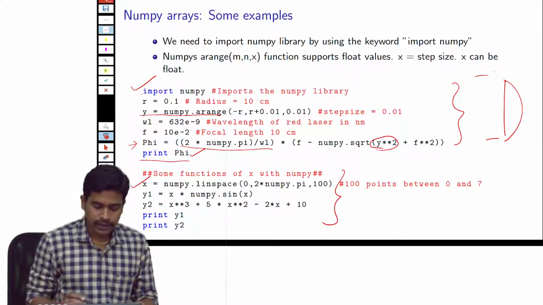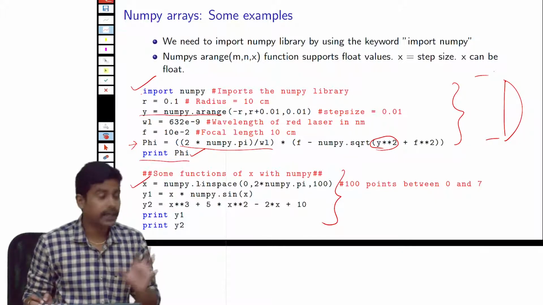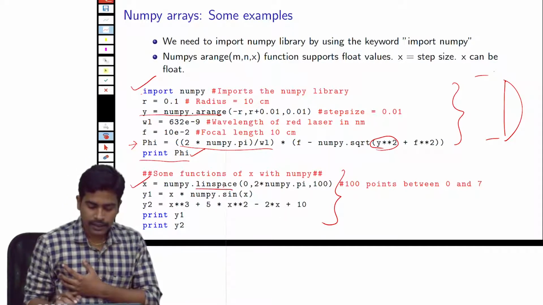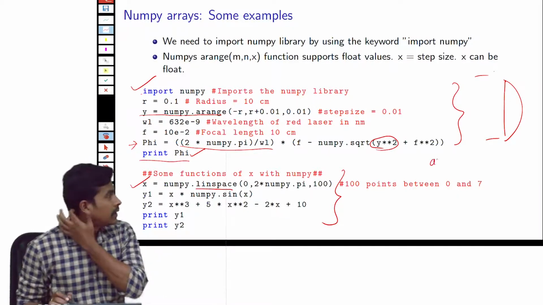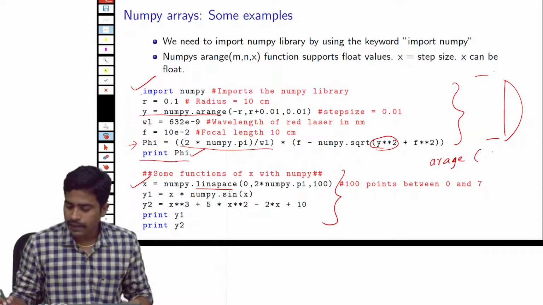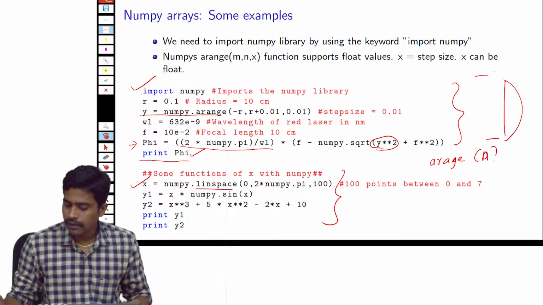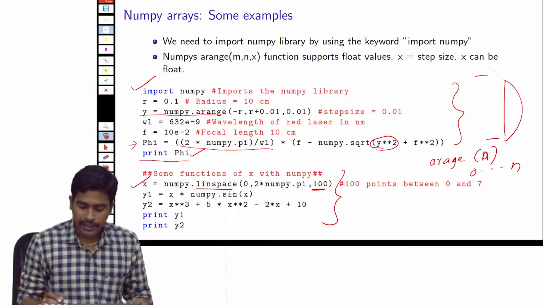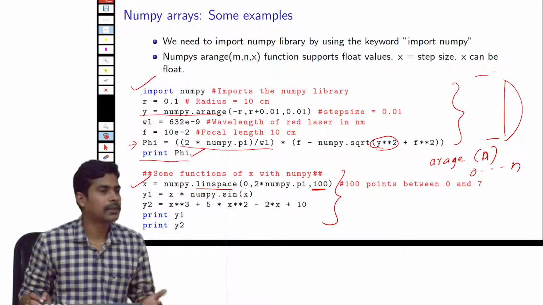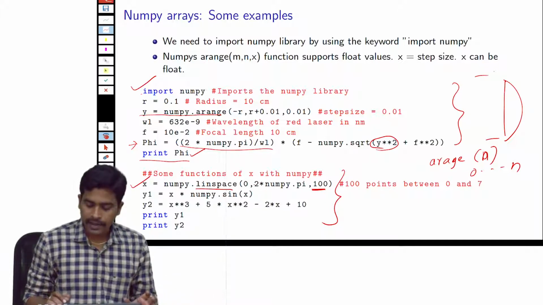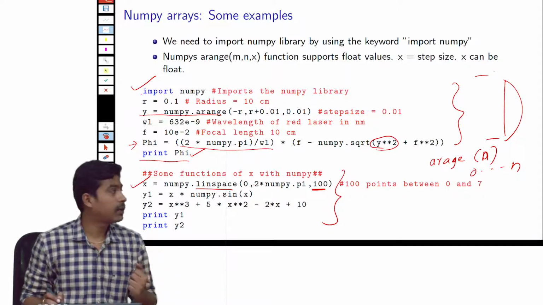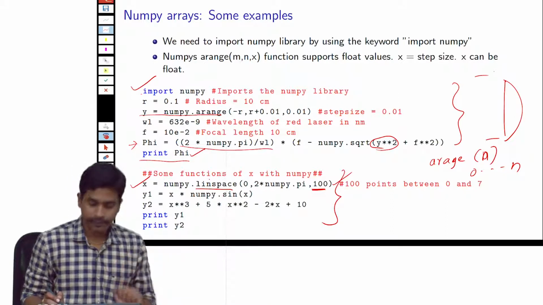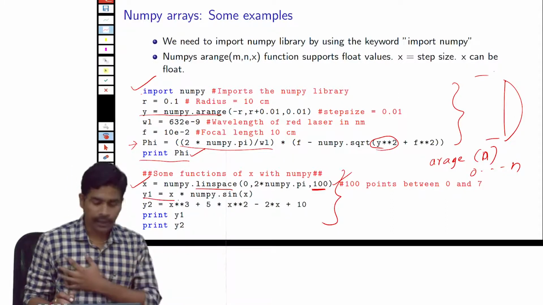Here I am taking x values from 0 to 2 pi, and I am taking 100 samples from 0 to 2 pi using this linspace command. What arange does is, if I say arange of n, it gives 0 to n values, equally spaced integers. But in linspace you can specify how many points, how many samples you want in that interval. In this case I am asking the program to give me 100 equally spaced values between 0 and 2 pi. Okay, so the command will give you 100 values.